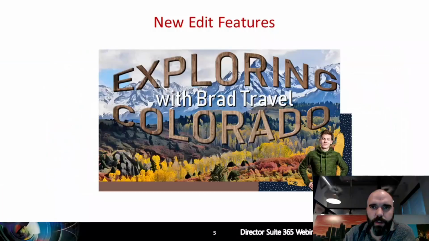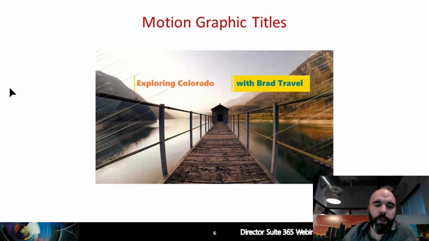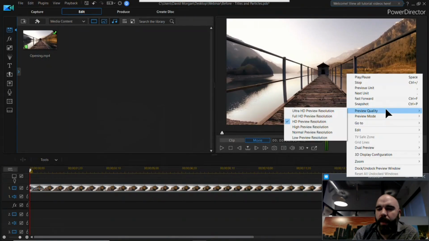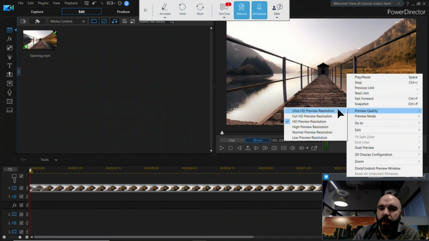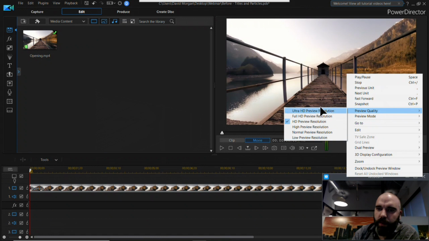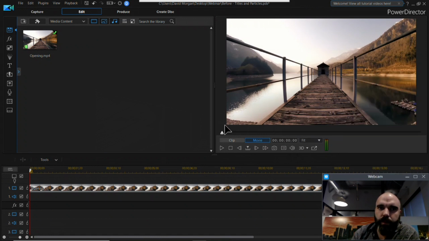First thing I want to show you guys is motion graphic titles. I'm also going to show you a few other things. So in our preview window, here's the preview quality, so you can see your 4K, full HD, HD, and all your resolutions. And then under our settings right here,